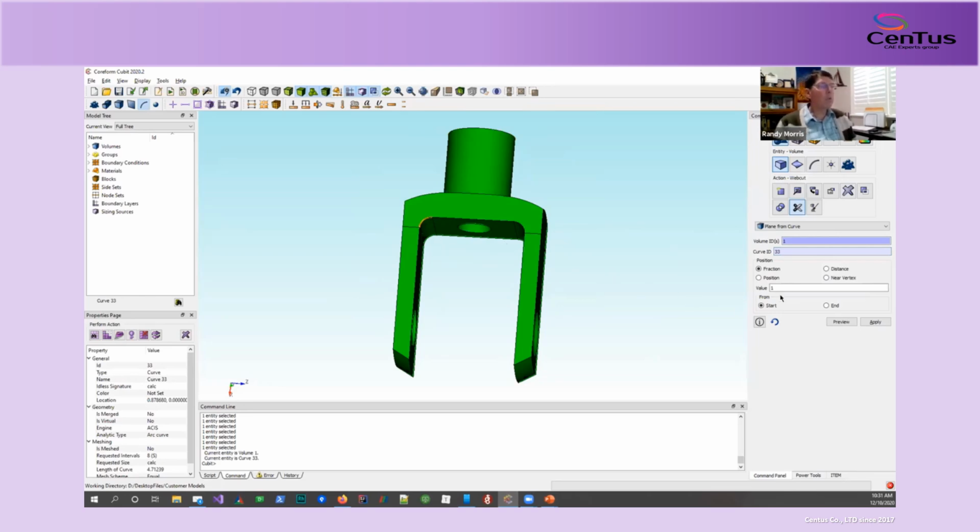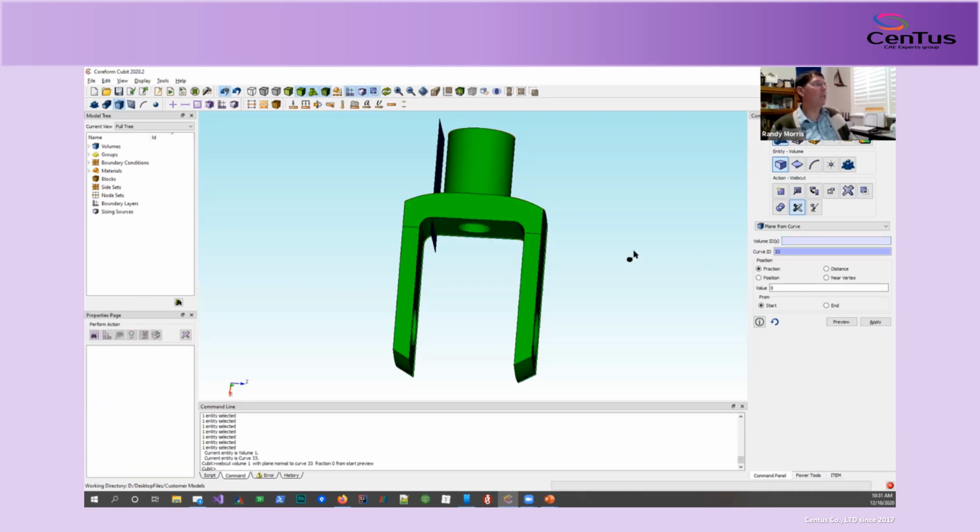But this time we're going to do something different. Let's change this to 0. We'll use that. And so that's telling me this, that I'm from the start of this curve. So that apparently tells me that this particular curve 33 starts right there. I'm at 0 fraction from the beginning of that curve. And I'm going to make this cut normal to that curve at that location. That's what that's telling me. If I were to change this to 1